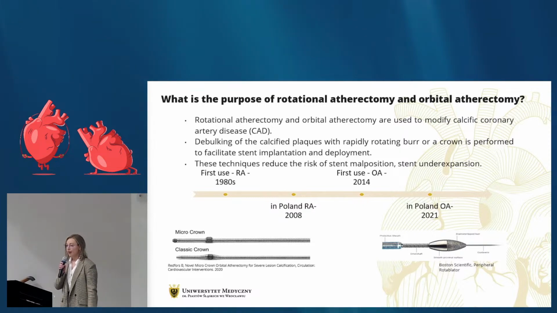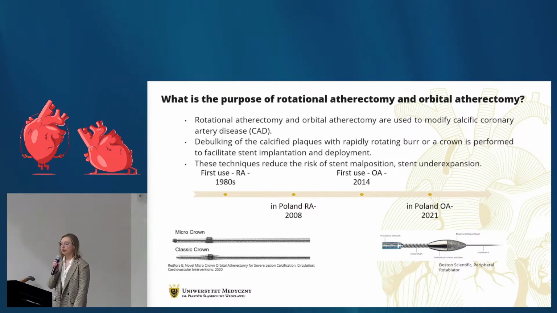So the most challenging lesions to treat during PCI are associated with severe calcification processes. Therefore, they are hard to remove. The procedures such as rotational atherectomy and orbital atherectomy were invented. They enable the debulking of the calcified plaques and thus facilitate stent implantation. The risk of stent malposition and stent underexpansion is significantly lower when OA or RA are performed before stent